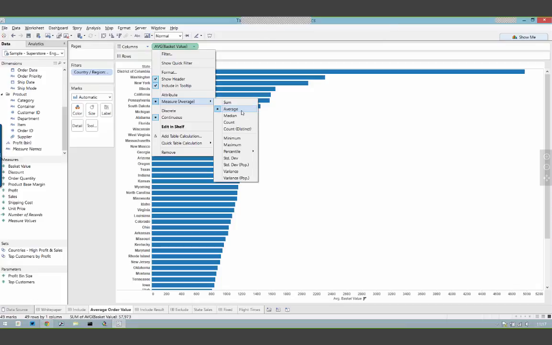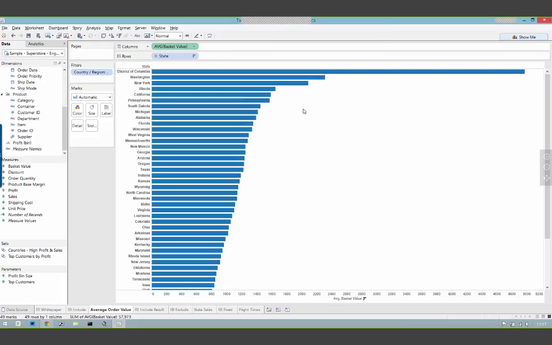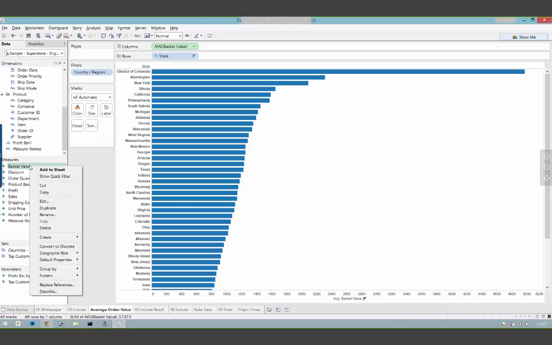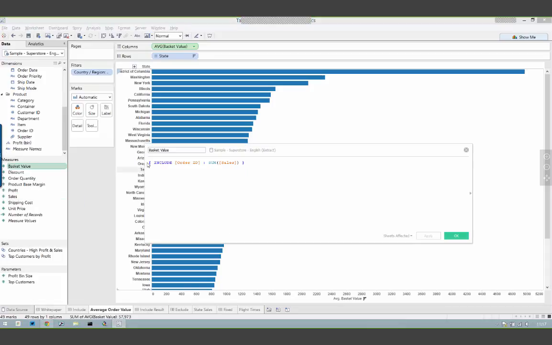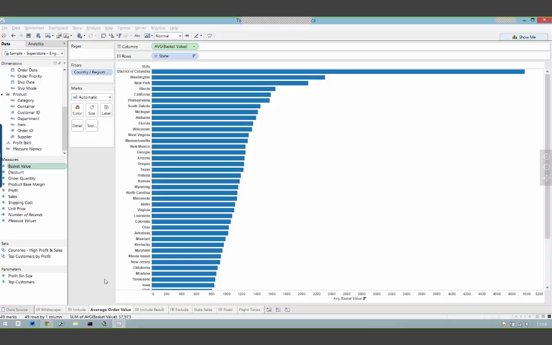So we can switch, we can say average, min, max on the fly if we want to. Or within the basket value, we can wrap the LOD with a standard average function and lock it in to average basket value rather than have that flexibility.